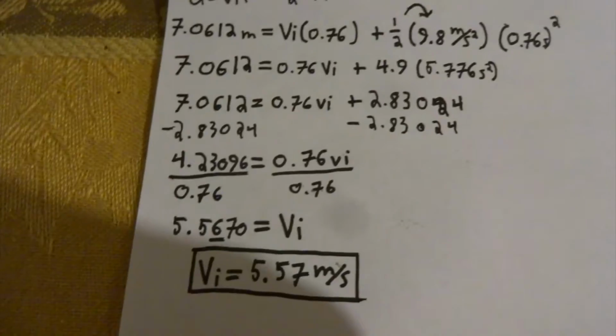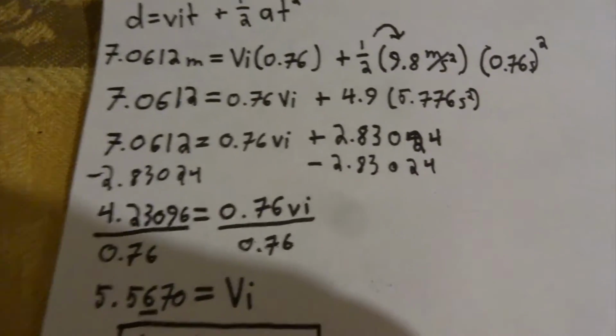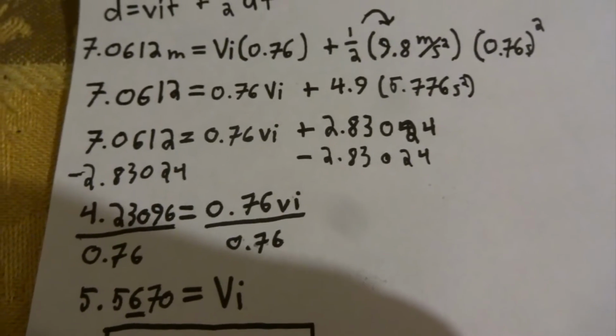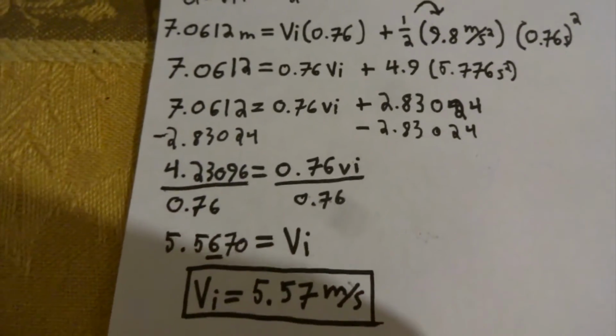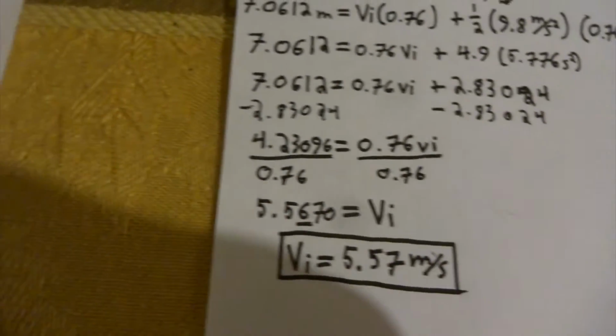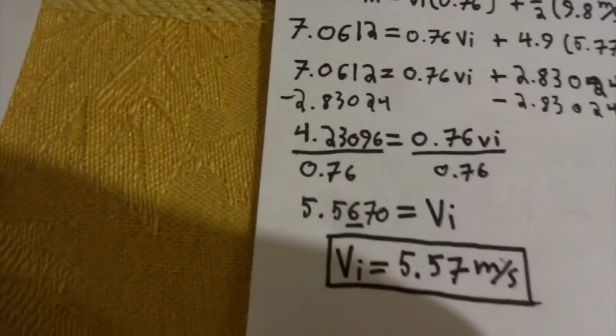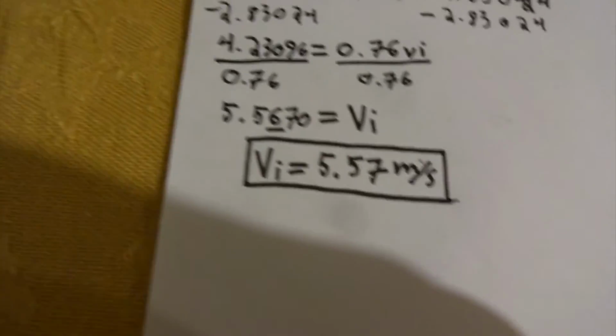This led on to me multiplying 4.9 by 5.776, which resulted in 2.8024, and I subtracted that from 7.612. I subtracted that from the distance,